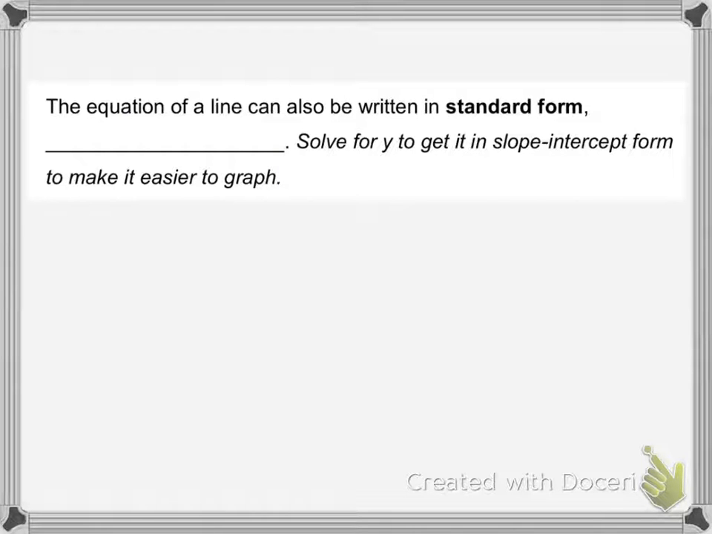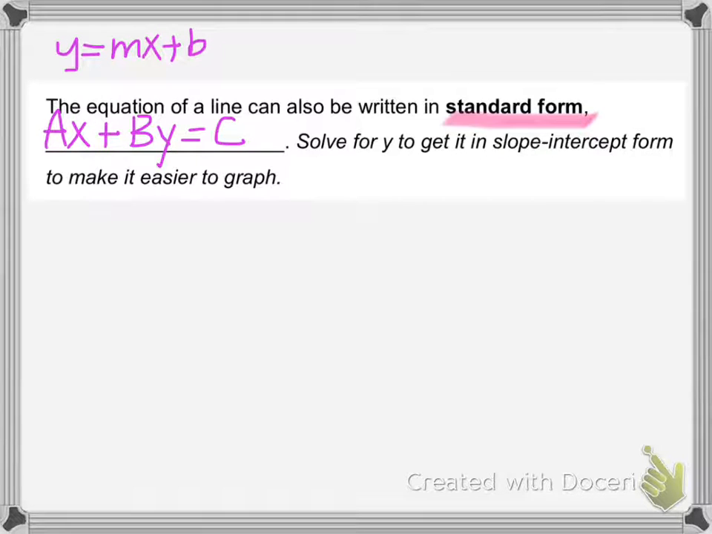Now there is another form of the equation of a linear function that's called standard form. And it looks like this: Ax plus By equals C. Okay, so let's explain this. This looks a little bit different than y equals mx plus b, slope-intercept form. That form was really great because I could see that y-intercept and I could see my m, my slope. However, in standard form, I can't see either of those